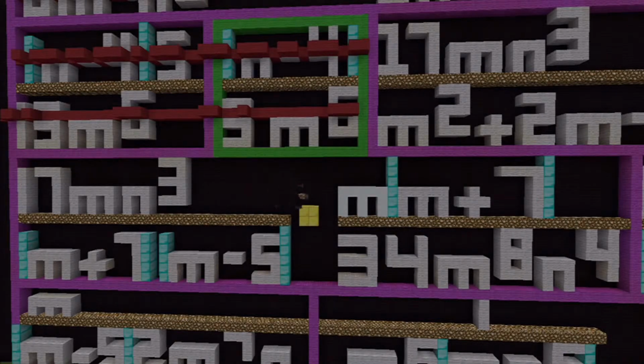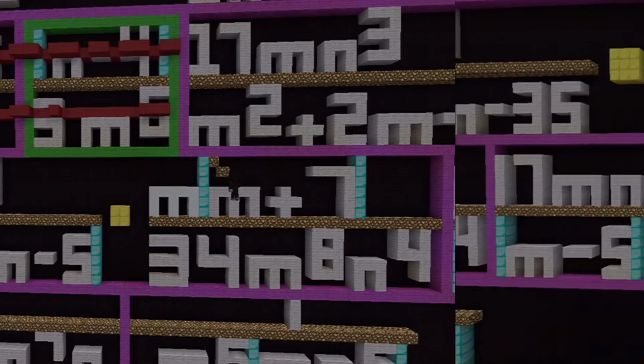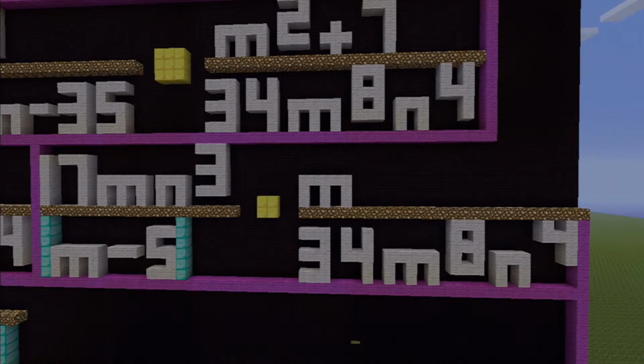The top part of the second fraction has a GCF of m. So you take that out and you get m times m plus 7. Next, you can cancel the m plus 7, which leaves you with 17m to the third over m minus 5 times m over 34m to the 8th n to the 4th. You can also reduce the 17m n to the third and the 34m to the 8th n to the 4th